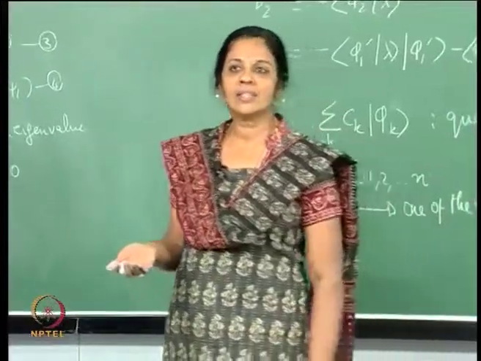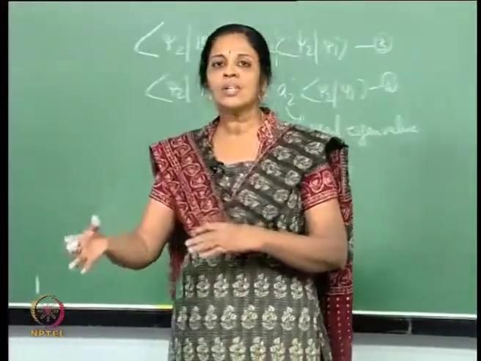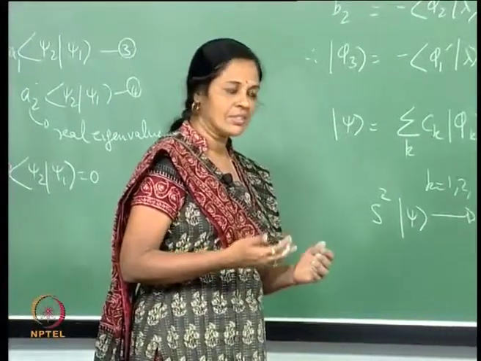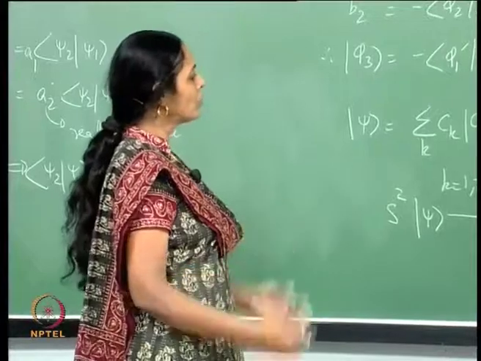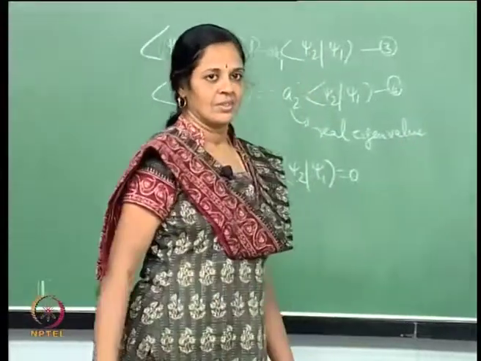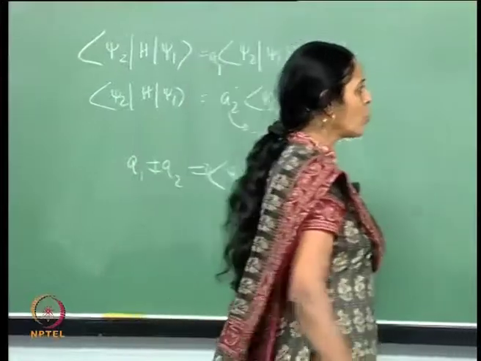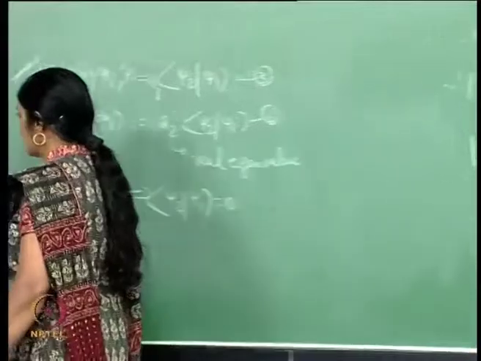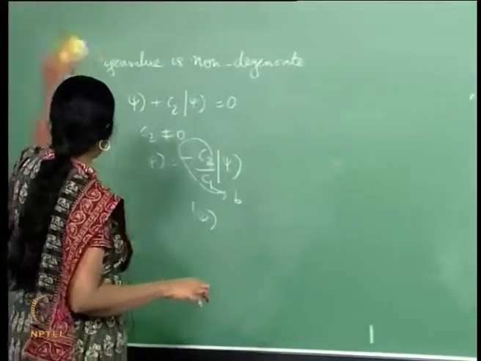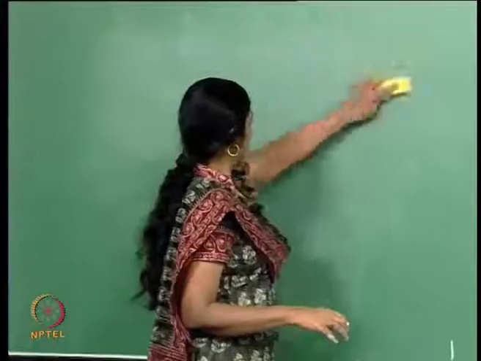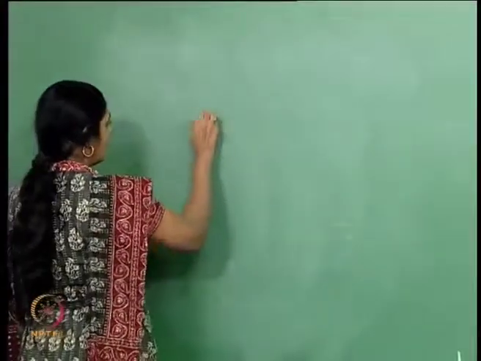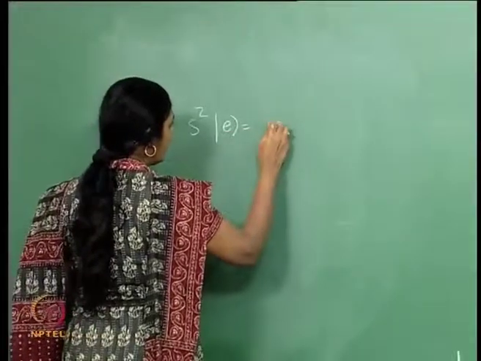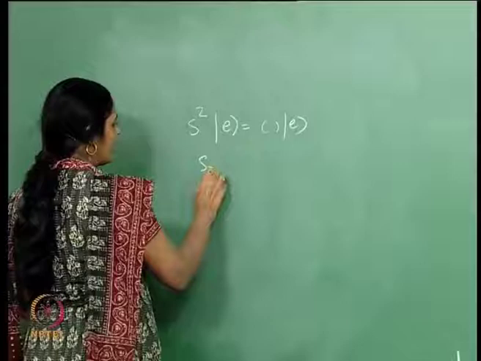Now, in the event that there is a degeneracy, you have to work a little bit more. Consider linear combinations of the degenerate eigenvectors and show once more that there is a complete set of common eigenvectors for the two operators that commute. Taking the example that we are familiar with, S squared commutes with Sz,